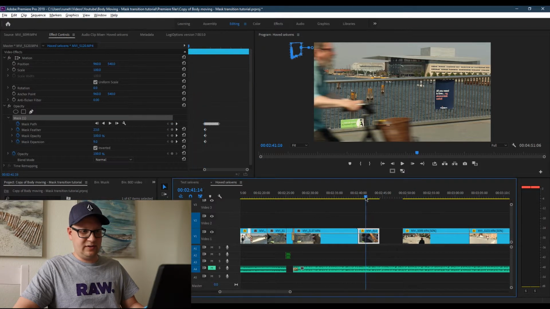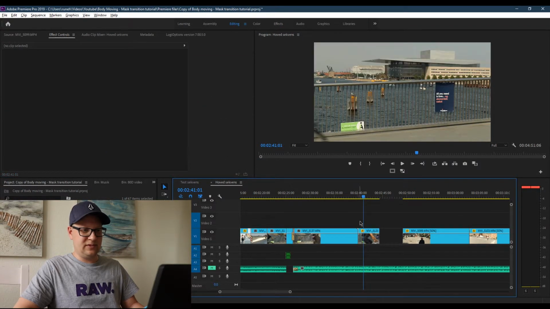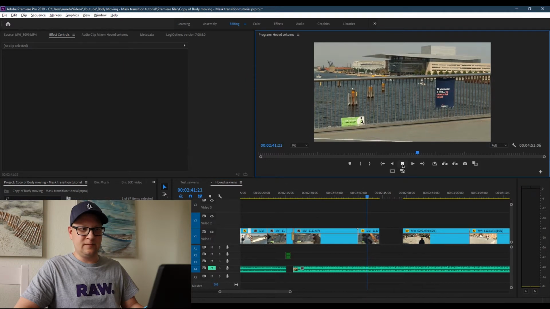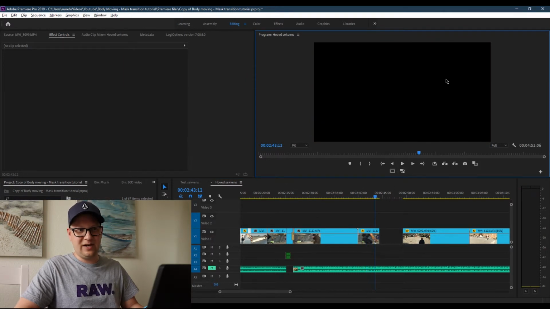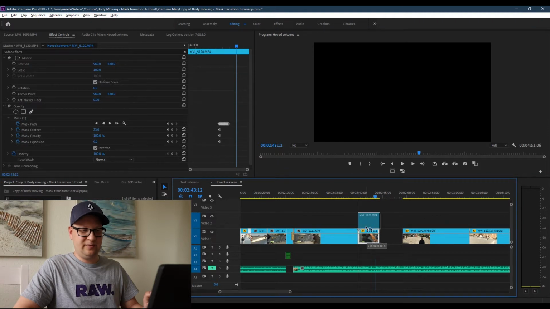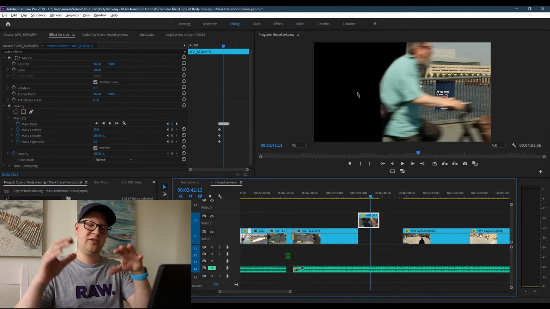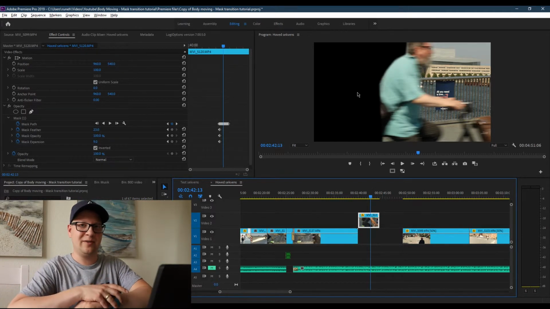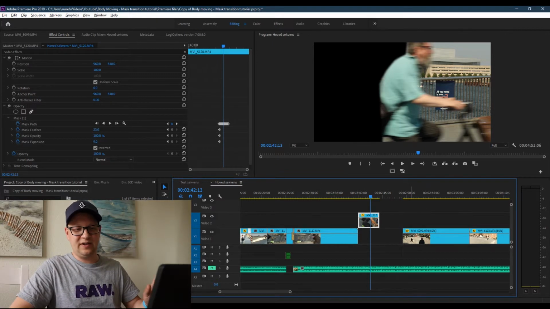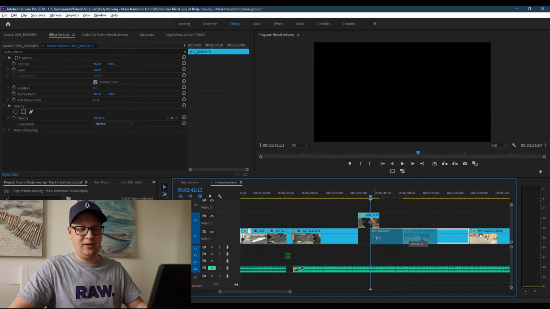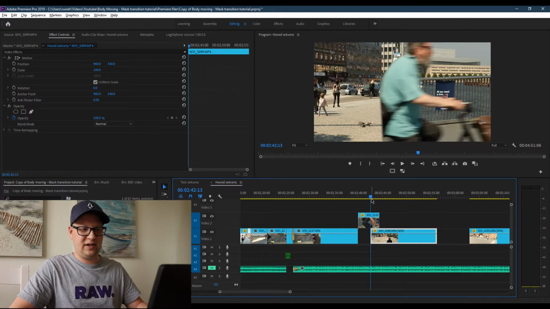Now, if you take our clip here, and if I play it back, you see here, whoop, and it looks totally black. So the last thing we're going to do is drag our clip up to video 2, because all that is placed in the black mask here shows what's beneath the video clip. So you need to put the next clip down into video 1 once this guy enters the frame.